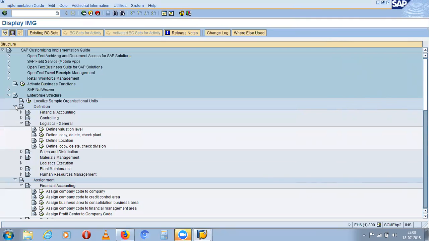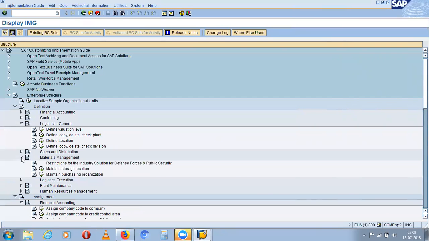Then click on material management. Under material management you have storage location, maintain storage location. Click on that.